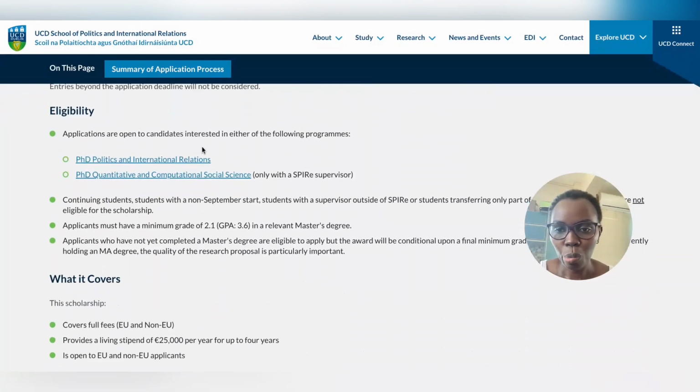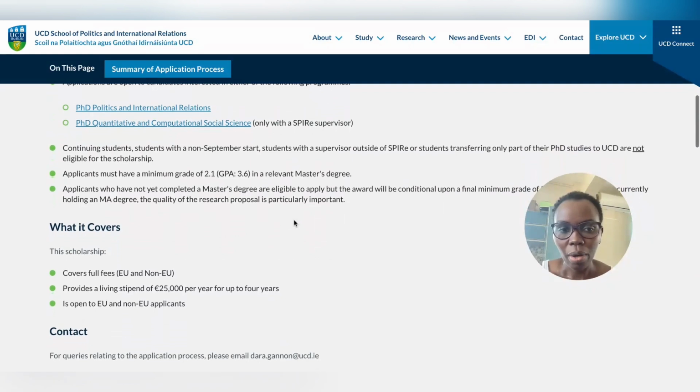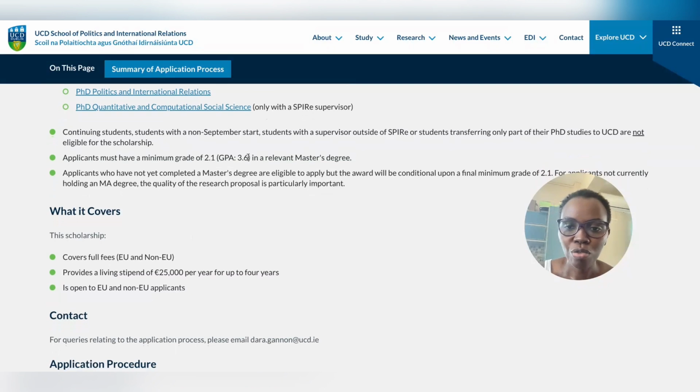Eligibility: the scholarship is available for two programs: PhD Politics and International Relations and PhD Quantitative and Computational Social Science. Continuing students are not eligible to apply. You should have a minimum of 3.6 GPA in a relevant master's degree.